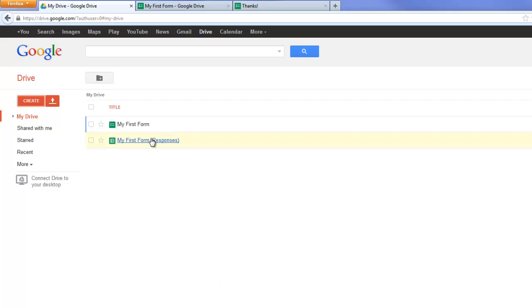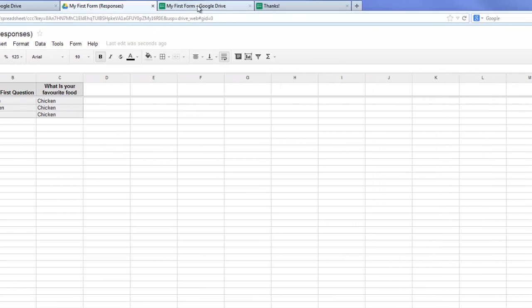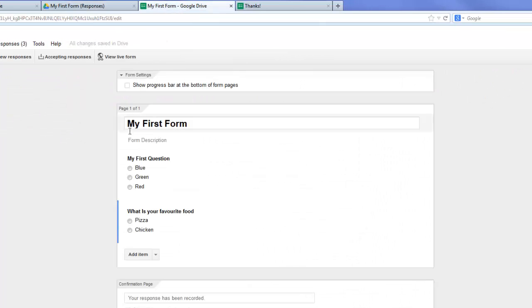Let's go back and have a look at our response tab. So go back to the Google Drive. Go and find that response data collection spreadsheet you've got, and you can see that Google has very nicely pulled all that information together for you with your first and second question already sorted out. So that's a really easy way to build the survey. You can go along and add questions and add new items, but that's really as easy as it is. So that's today's. So the next thing we're going to do is look at